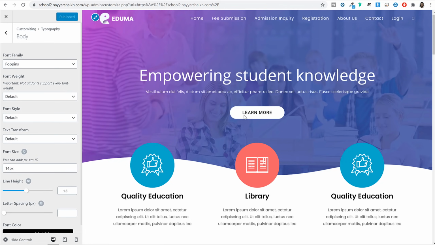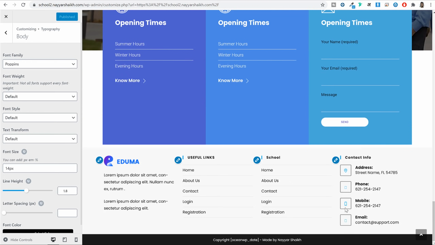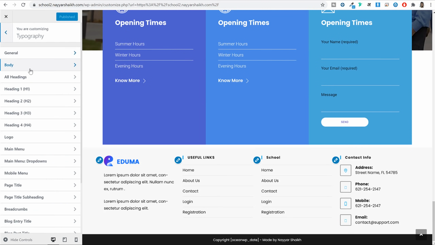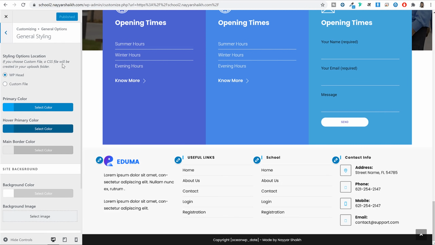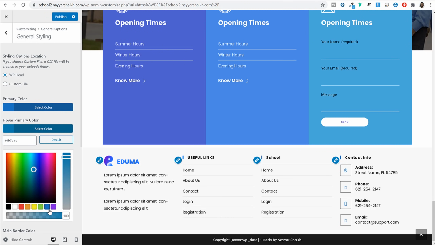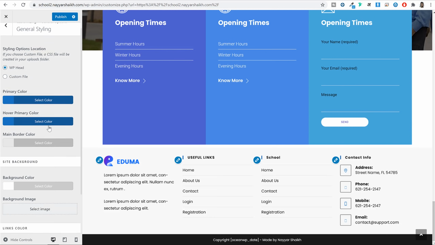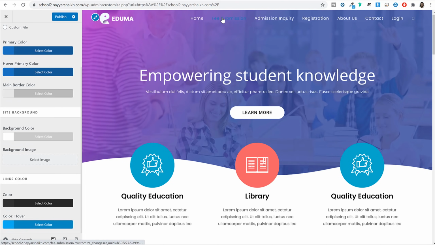And finally, if you want, you can change your primary and secondary color. So by default, your primary color is this blue color. As you can see, we can come back to this thing, click on general option, click on general styling, and this is your primary color. We can change this thing to some other color like this dark blue color or some other color as our primary color. And let's see, link color also we can change,